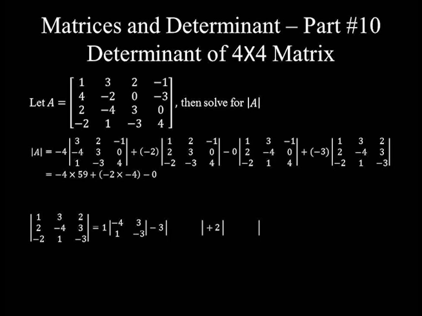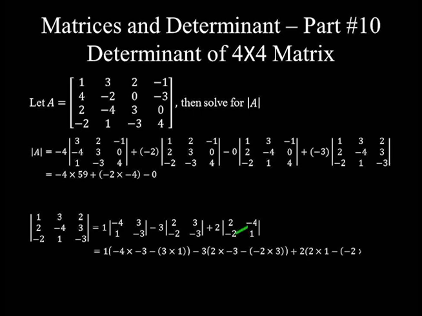3 is in row 1, column 2. Eliminating these two, we will find 2, 3 in row 1 and negative 2, negative 3 in row 2. 2 is in row 1, column 3. Closing these two out, we will have these 4 elements, which is equal to 1 times negative 4 times negative 3 minus 1 times 3, minus 3 times 2 times negative 3 minus negative 2 times 3, plus 2 times 1 minus negative 2 times negative 4, which is equal to 1 times negative 4 times negative 3 is positive